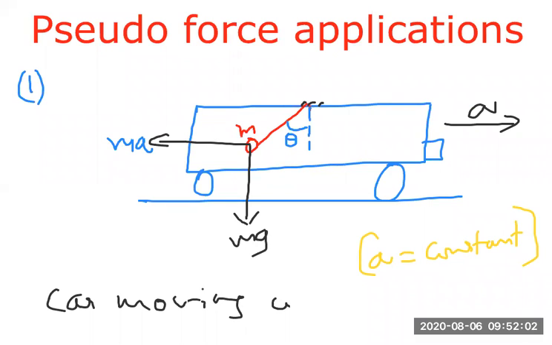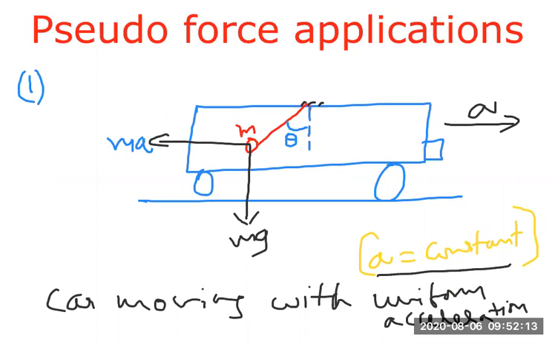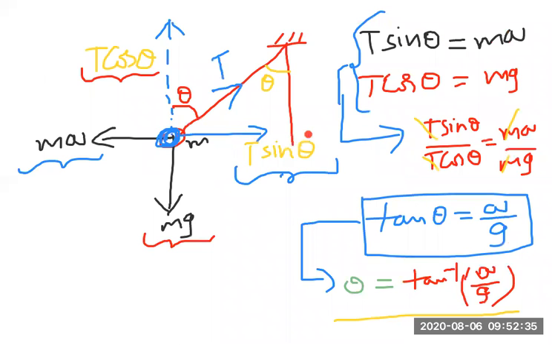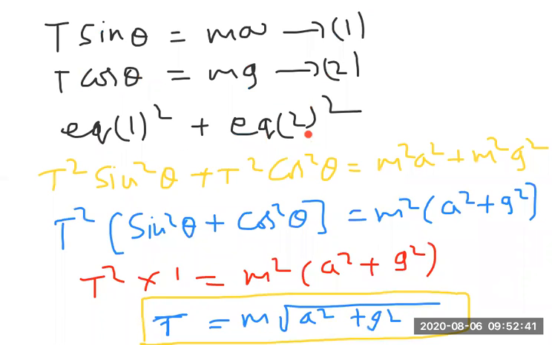The car moving with uniform acceleration is the first situation we discussed in today's class. When the car is moving with uniform acceleration, a is constant. From the vertical position, the pendulum moved back. It was first vertical like that. The car going front means it experiences pseudo force and the pendulum comes back. So the pseudo force is ma and weight is mg, and the string makes an angle theta with the vertical. In that situation, we discussed the value of theta, and also the value of tension: m into square root of a square plus g square.